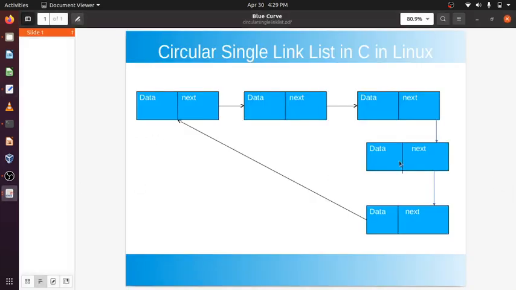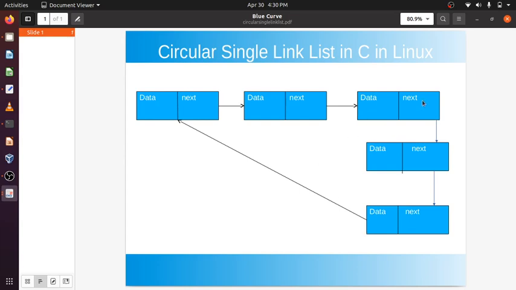Suppose this list is till here, and this points to here, and temp 1 previously points here. So temp next malloc, a new node is created. After that, temp next will be temp 1, which is here, and the data I fed.